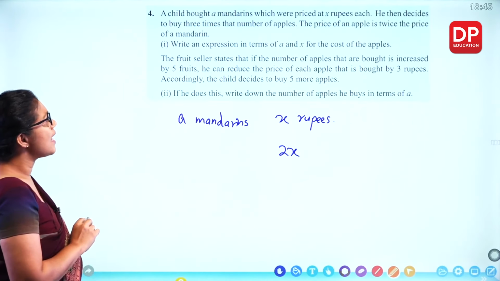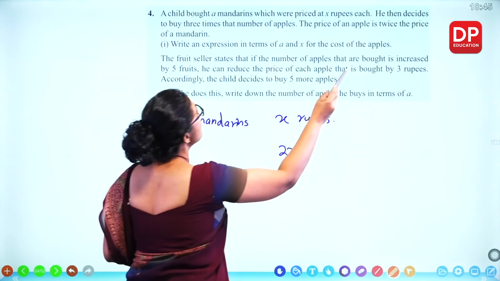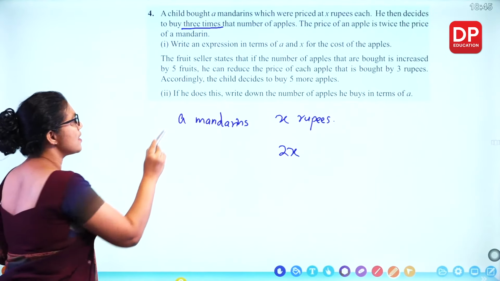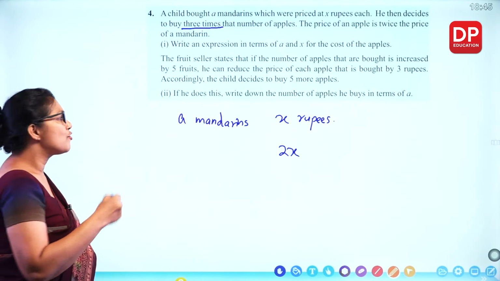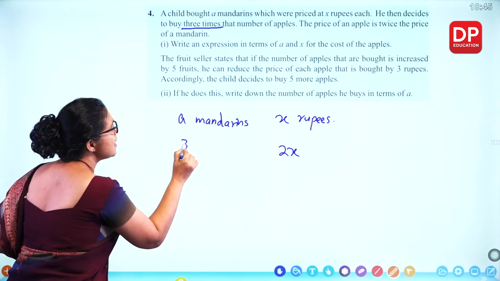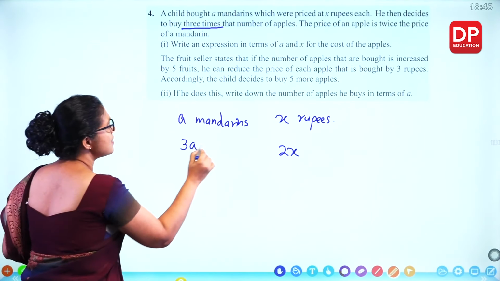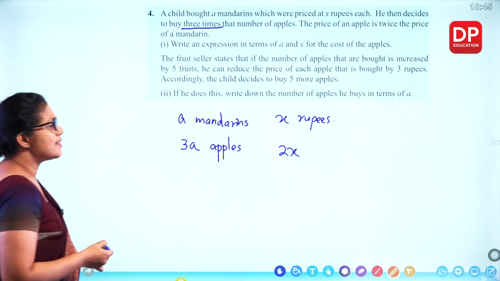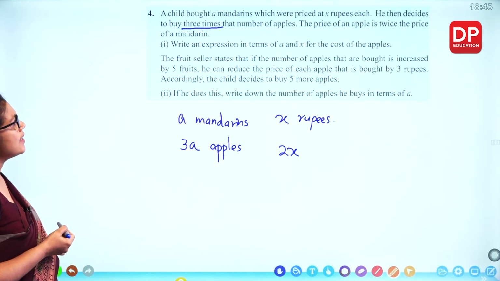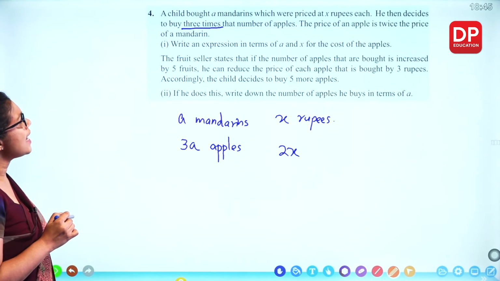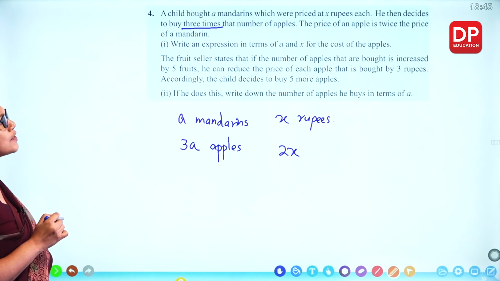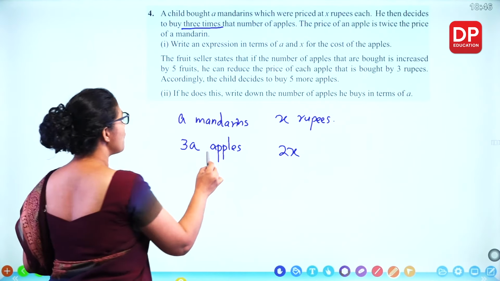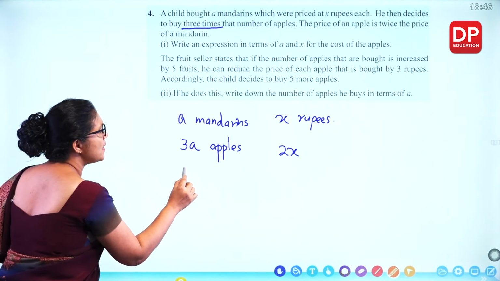So how many apples are there? So he is buying 3 times that number of apples. If A mandarins there, 3 times of that number is 3A. So this is about apples now. So 3A apples, each costing 2x rupees. Now what's the question? Write an expression in terms of A and X for the cost of the apples. So what's the cost of the apples? 3A apples